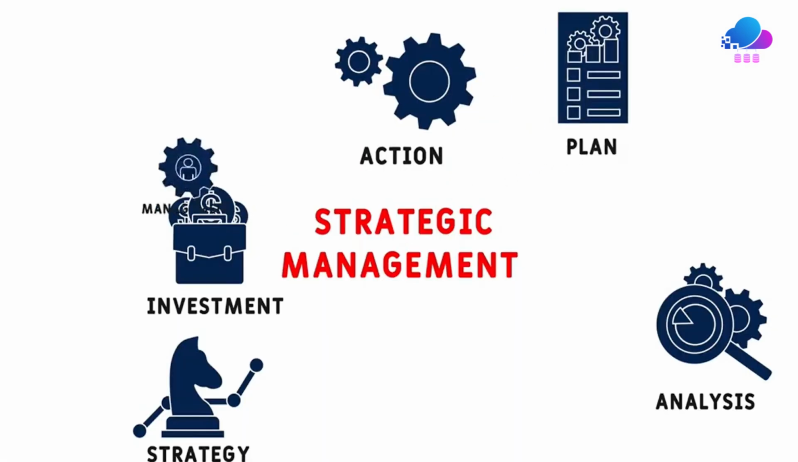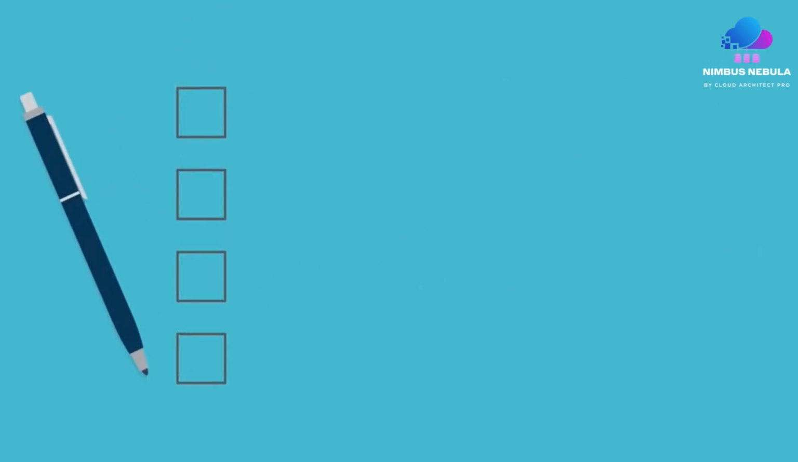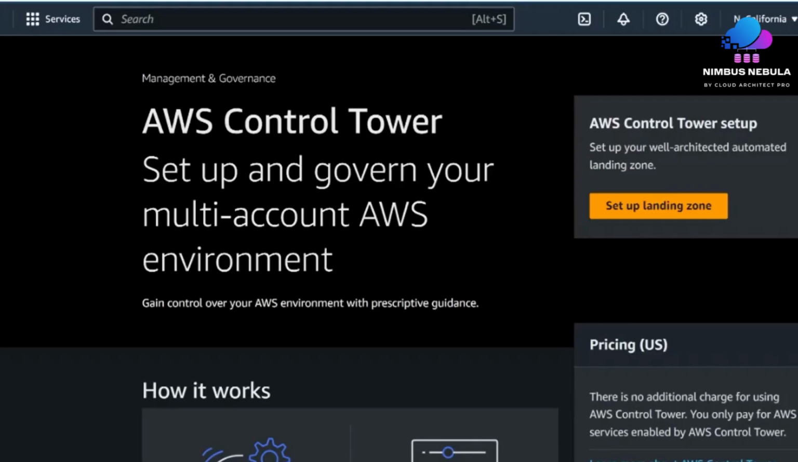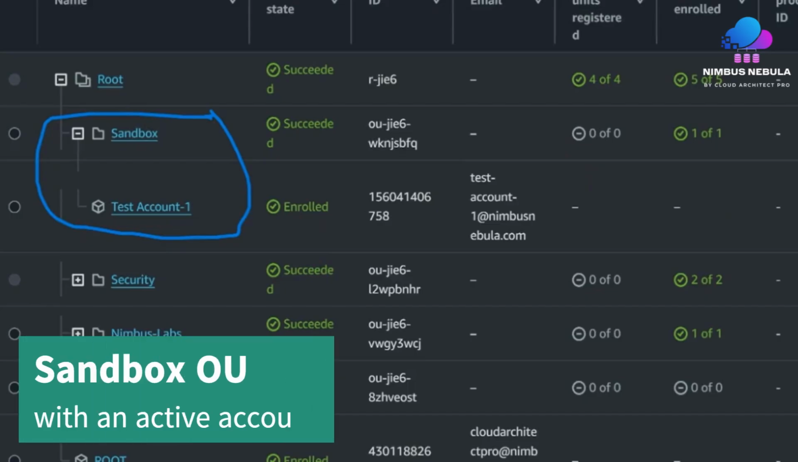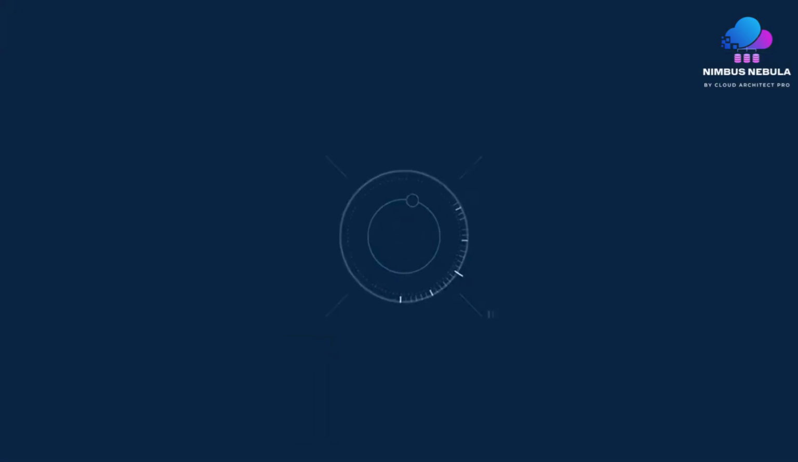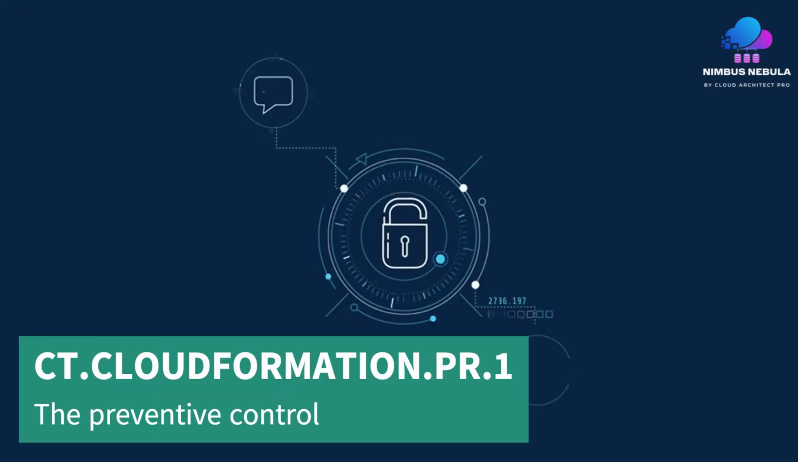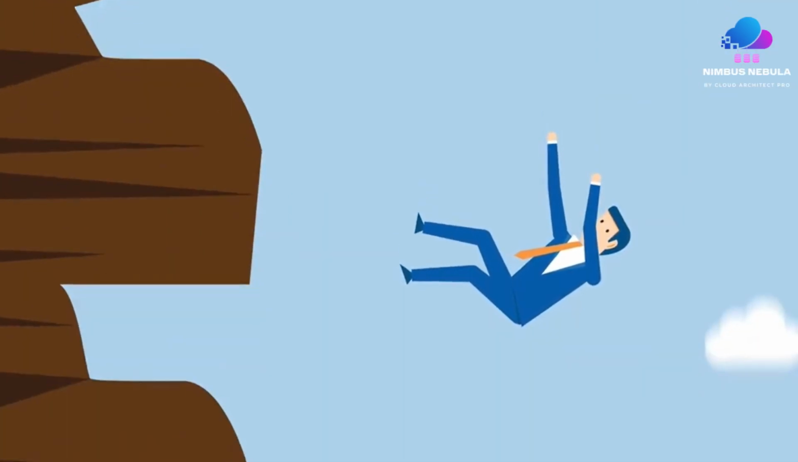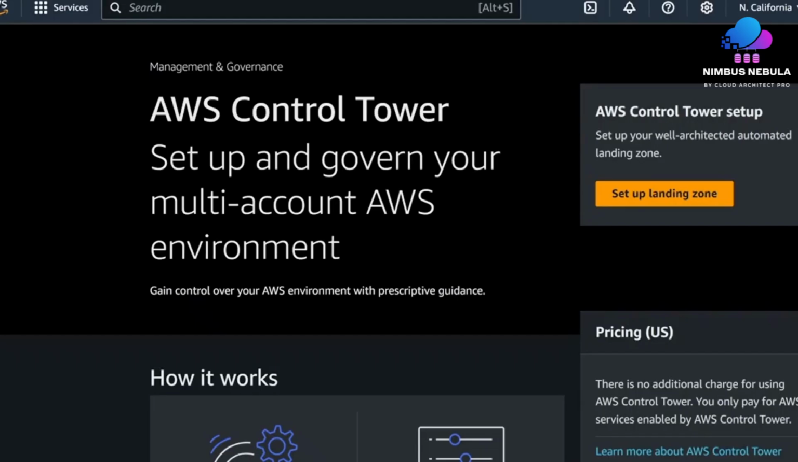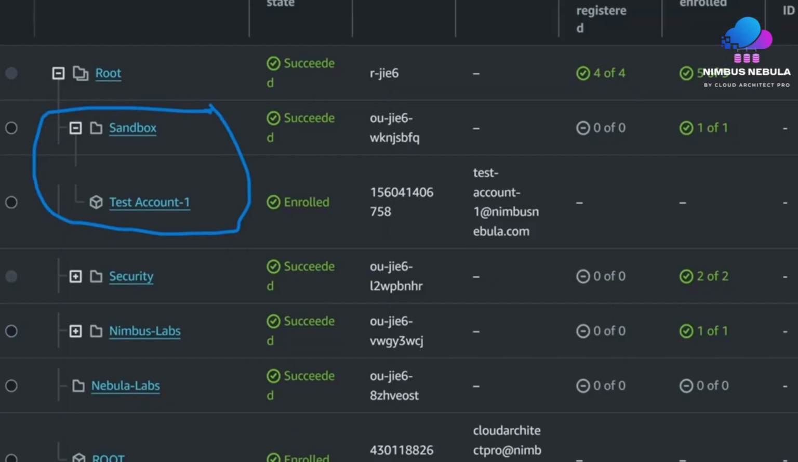Your mission briefing. Before you can activate proactive controls, you'll need a few prerequisites. AWS Control Tower Landing Zone version 3.0. A sandbox OU with an active account. We'll use test account 1. The preventive control ct.cloudformation.pr1 deployed. Without these, you're like a superhero without their powers. We already have the Control Tower Landing Zone and Sandbox OU in place. Now let's deploy